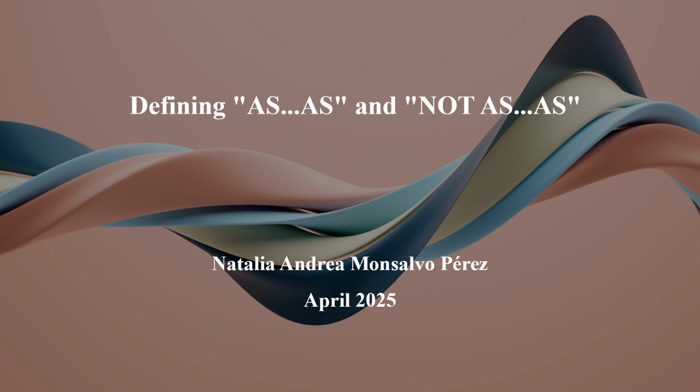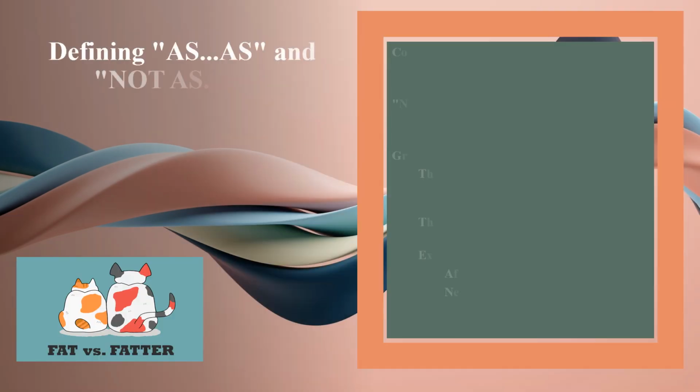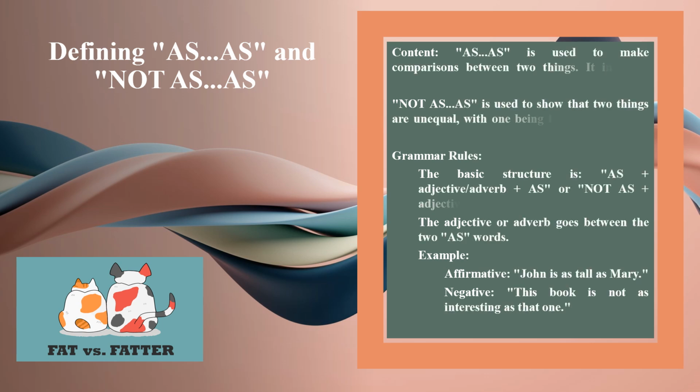Today we are talking about the use of "as" and "not as." Okay, first, defining. Defining "as" and "not as." They are used to make a comparison between two things. "As" indicates that two things are equal in some way. "Not as" is used to show that two things are unequal, with one being less than the other in some